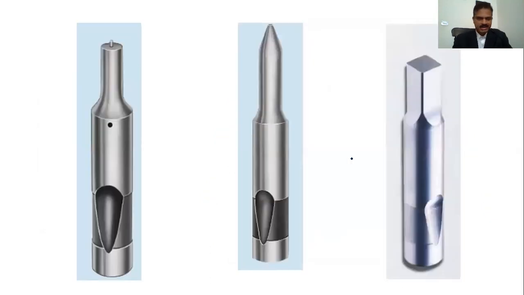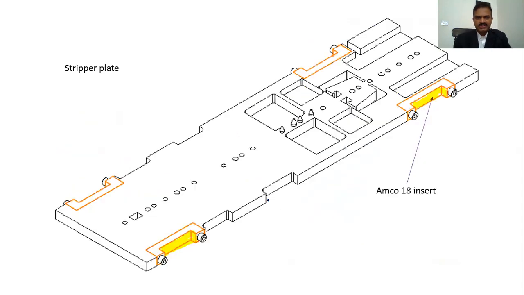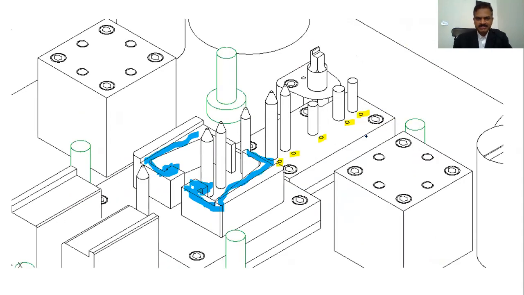And I just asked you earlier to pay attention to these holes here, which are staying just beside the punches here, right? So this is what it is. It's a ball lock punch. So if you put a pin here and try to push it down, there's a ball which is in line against the axis of the punch or the pilot. So if you put a small pin, maybe diameter 3 or 4, and push it down, the ball will move away from the axis,